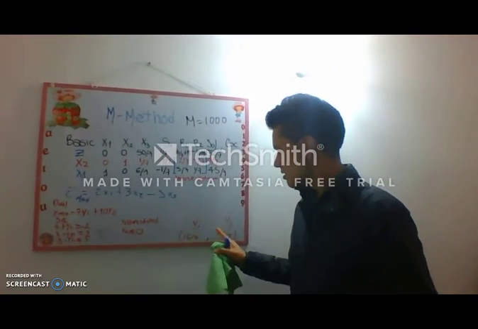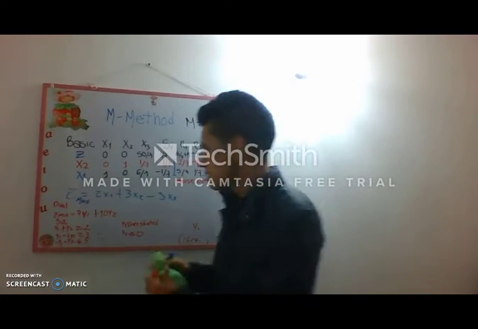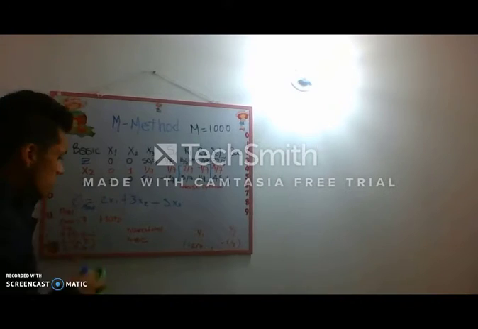Okay, this is the result of G1 and G2 in dual. This is 7, 4,